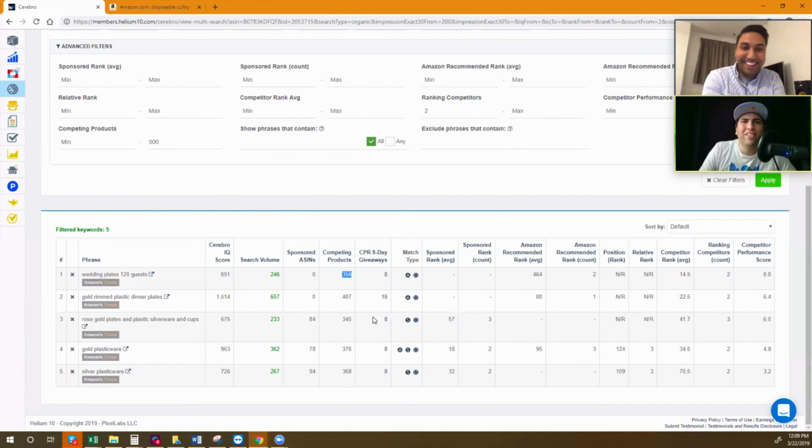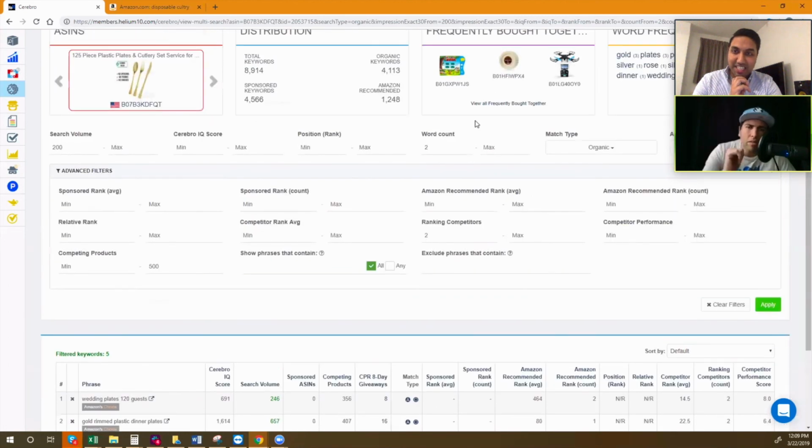Yeah, there you go. Gold rim, like roll. You see, it's still pretty relevant. Again, these aren't the ones you want to concentrate on, but if you're looking for that low hanging fruit, where you don't have to do much effort to start ranking, that's another way. As you guys see, we only did a couple of filters here. There are tons of filters you can use to find keywords for your listing.